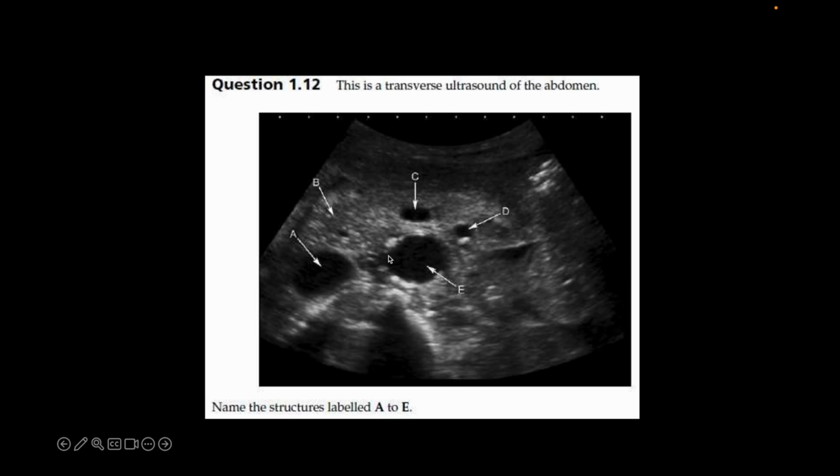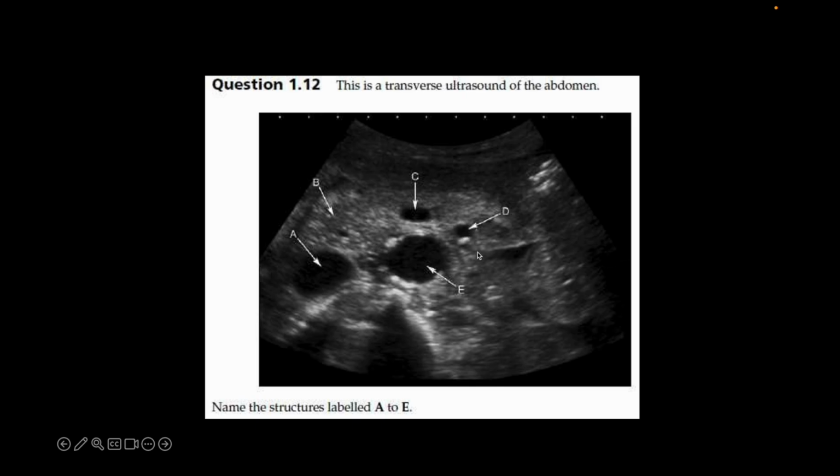Let's do some ultrasound. So this is a transverse ultrasound of the abdomen, almost like an axial CT. This would be the vertebral body coming straight down, just slightly to the left of the vertebral body is a big vessel. It would be the aorta, is E. To the right of it is the IVC. C, it sort of looks like a snowman on axial imaging, the SMA on the aorta. So that's the head of the snowman, that's the body of the snowman, and so this would be the SMA. And then to the left of it would be the SMV,